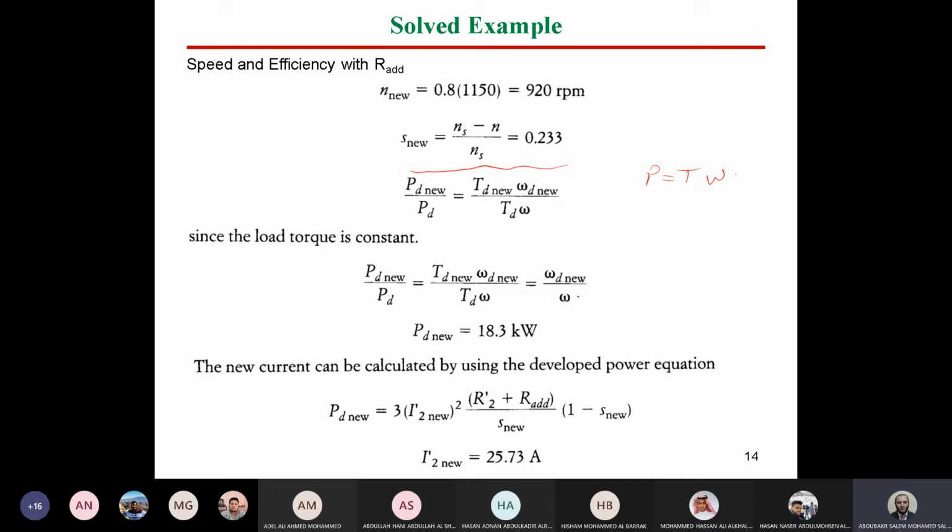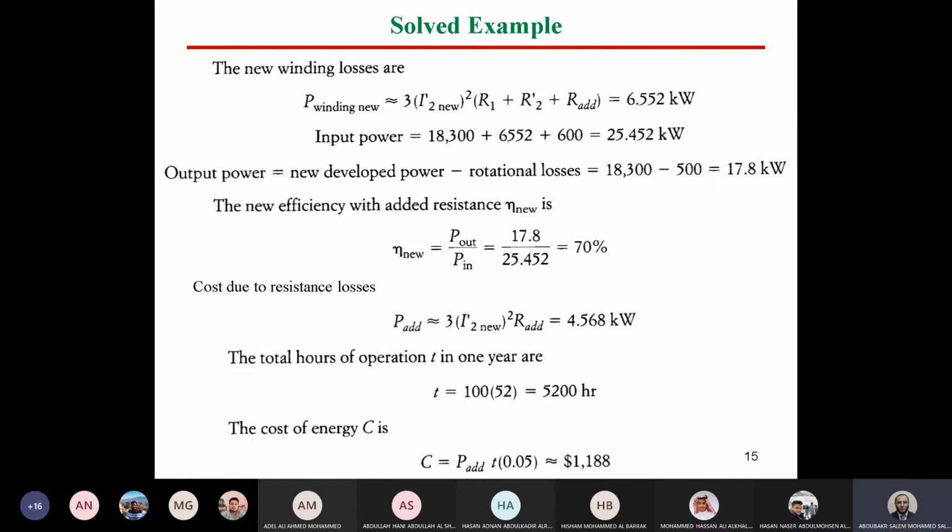So simply we can compare. We have the omega or speed before and after adding resistance. So simply we can get the value of power developed new. After getting power developed new, we can calculate the current the same way. But here we have to consider the value of R add. So getting the value of current here, you can calculate also the copper loss in the same way, but